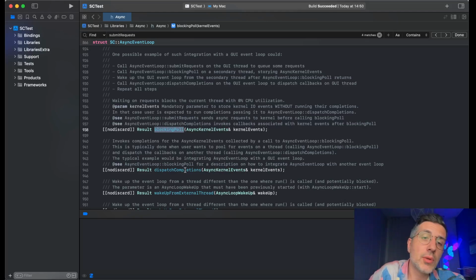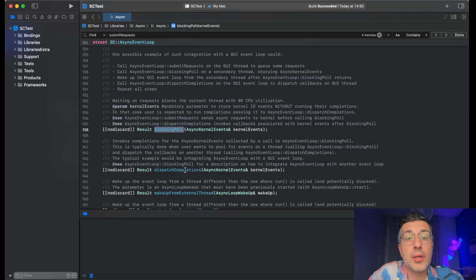Why now do we need to have three methods instead of one? Well, if you just want to be using the event loop in an application as the main event loop, you can just use run once or run. But instead, if you're integrating this event loop into another application that has its own event loop, like a GUI application or an application that has another event loop going on, like Boost ASIO or libuv or whatever other asynchronous IO or event loop you are using, then yes, having these three methods is making your life easier,